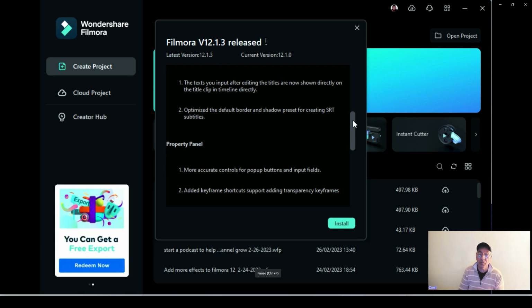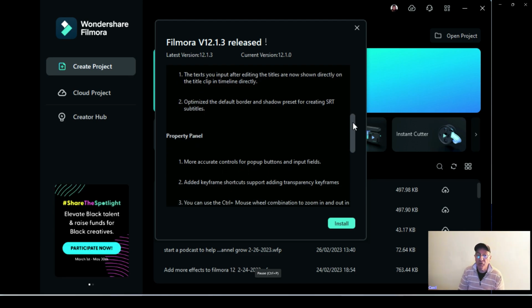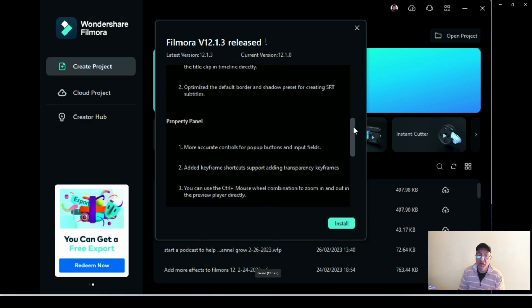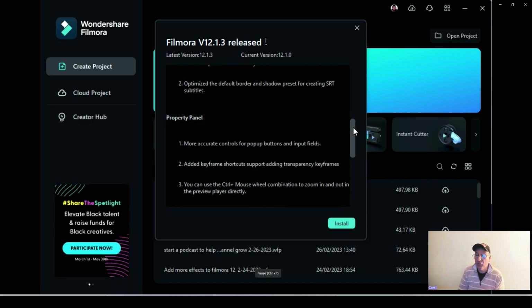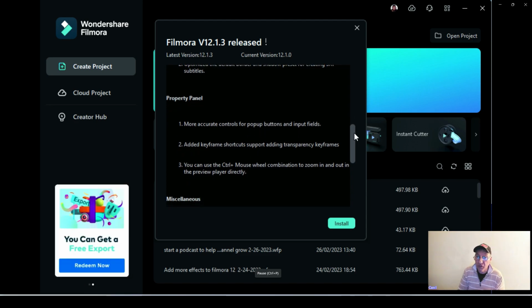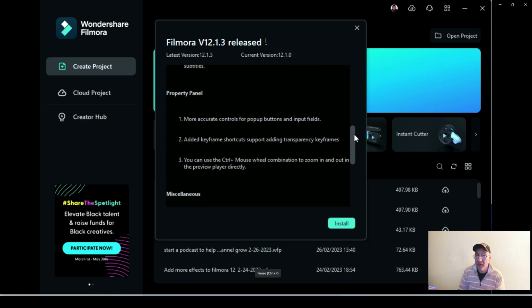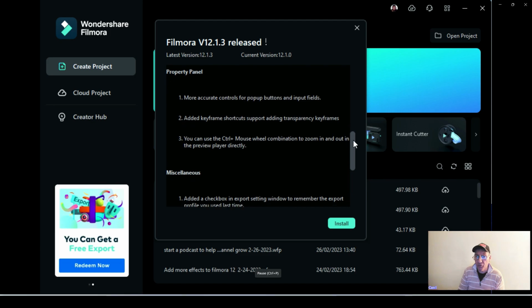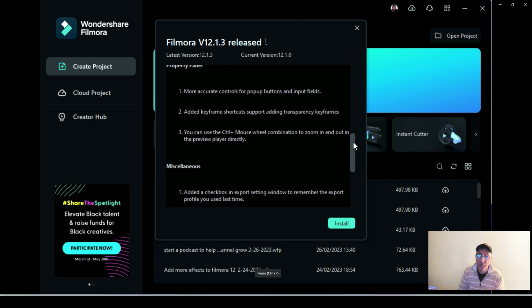And then it's got a property panel. It says more accurate controls for pop-up buttons and input fields. And then it's got added keyframe shortcuts, support for adding transparency keyframes, which is pretty nice. You can use the control plus mouse wheel combination to zoom in and out in the preview player directly. Then it's got miscellaneous over here. Added a